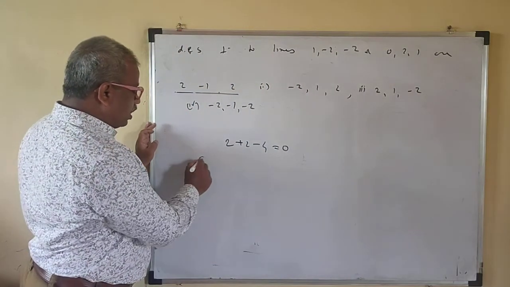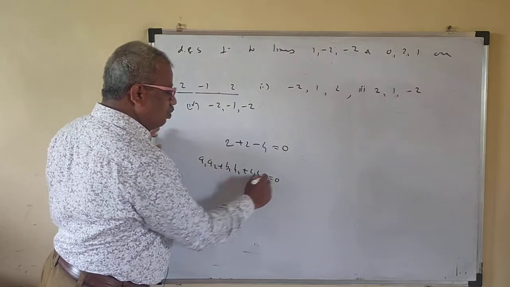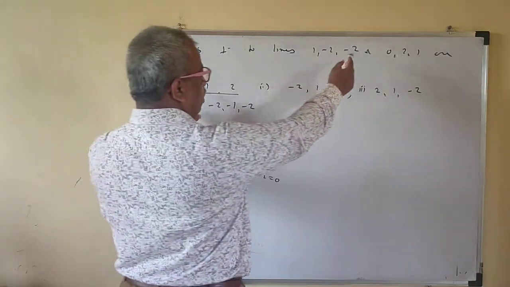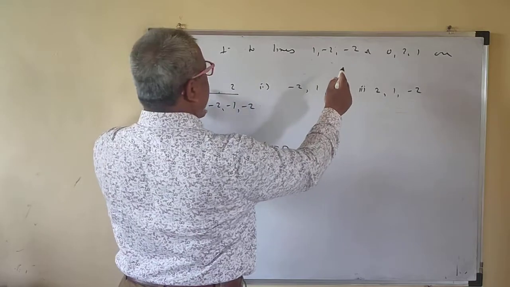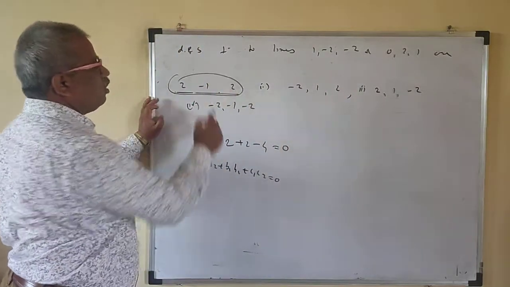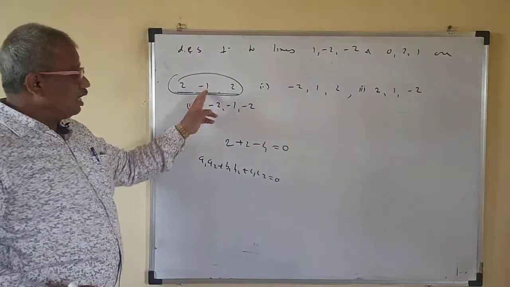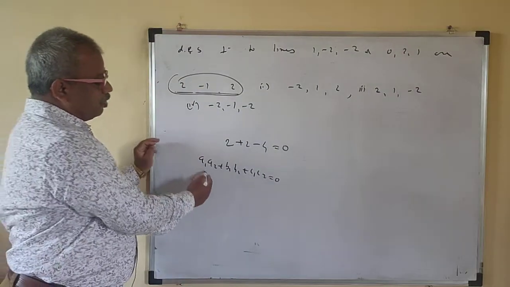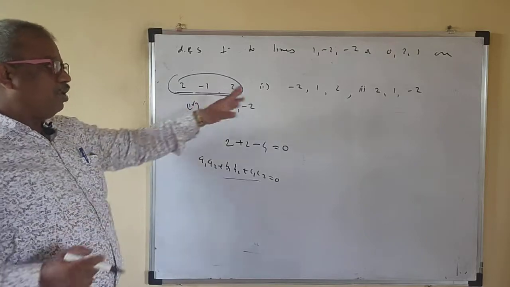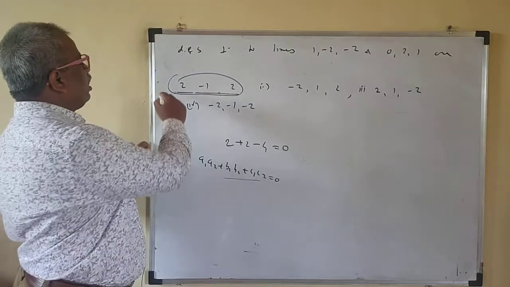You know that if two lines are perpendicular, then A1 A2 plus B1 B2 plus C1 C2 is equal to 0. So this is 0. What about this one then? Minus 2 plus 2, this is 0. So that means this line is perpendicular to this line, because the dot product is 0. If you check the other one, it will not be 0. So this will be your correct option.